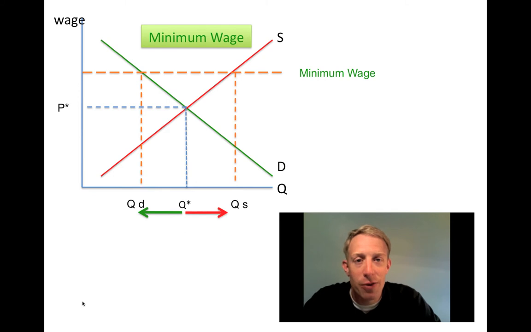Imagine it this way: if there were, let's say, a job opening in the sewage department. In order to attract workers, the firm may want to raise the wage. If that wage is high enough, a lot of people would apply for the job. If the wage pays $100 an hour, for example, a lot of people would enter that market and try to get the jobs. But at $100 an hour, the sewer authority can't afford to hire too many people. So the quantity demanded would be down and the quantity supplied would be up.